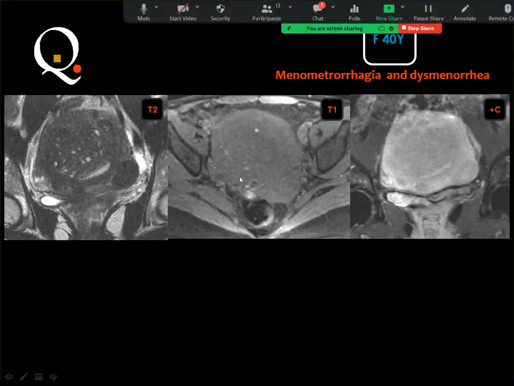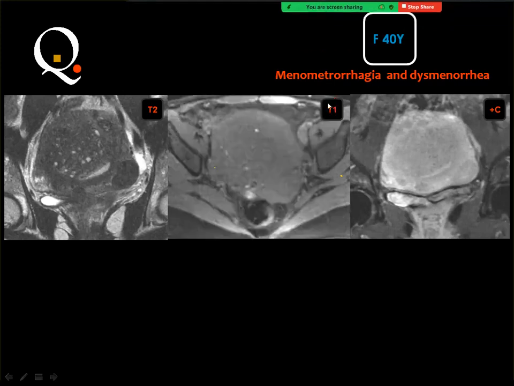T2, T1, and T1 post-contrast. Adenomyosis is the right answer. And you may see also some uterine fibroid, but the main bulk of the lesion is that one, and it contains, as I have said, bright foci in the T2 and also bright foci in the T1, and it will